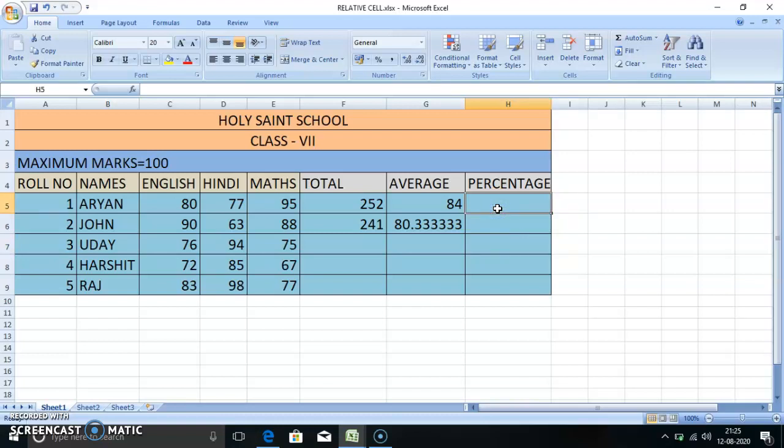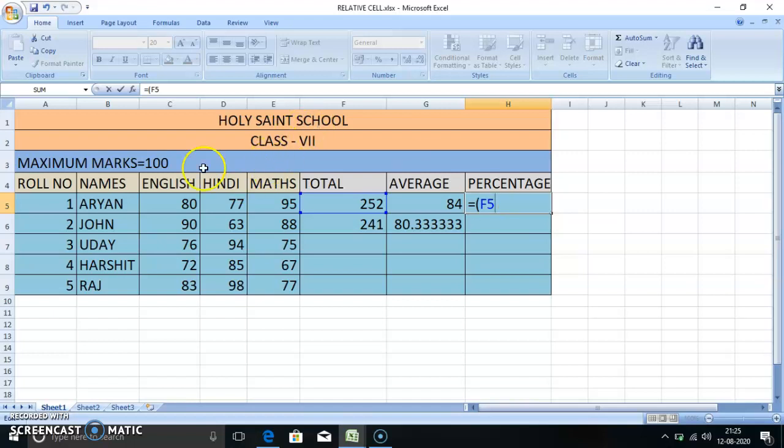Now to find the percentage. How to find the percentage? Equals to, first of all, for percentage we know the total of these subjects. Here we already found the total, that is 252. So the cell address here is F5. Keep F5 in bracket. Now this F5 is divided by how much?